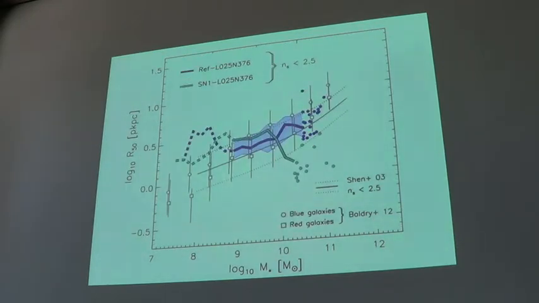Just to make the point about how we rule out some of these models, this seemingly really nice simple model where I just dump in the same amount of energy irrespective of any local conditions fails badly when we measure the sizes of galaxies. This is the half-mass radius as a function of stellar mass. I'm comparing here with both GAMA and SDSS measurements of this, from Baldry and Shen in the case of SDSS. You can see here, this green case is where we dump in 100% of the energy. We get to a certain mass scale, and these galaxies suddenly become too small. And we know that this is due to stars forming at densities in the gas that are so high that